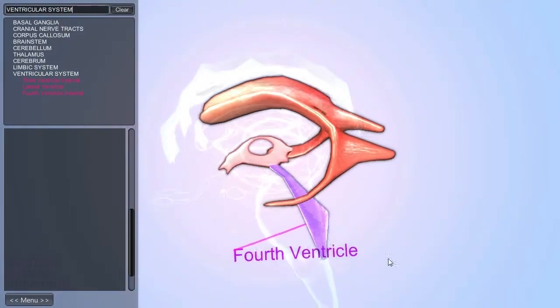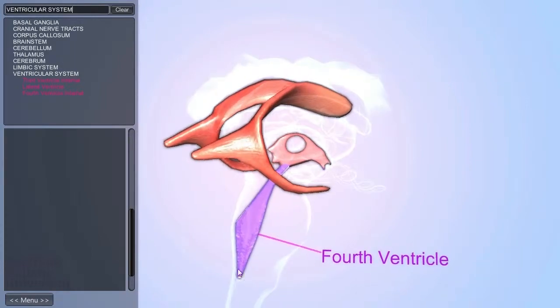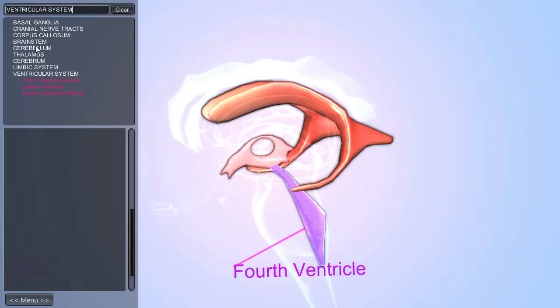fourth ventricle. The fourth ventricle communicates with the third ventricle via the cerebral aqueduct. The cerebral aqueduct